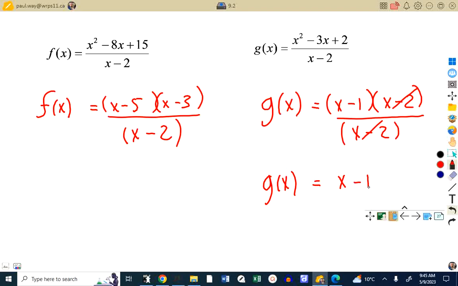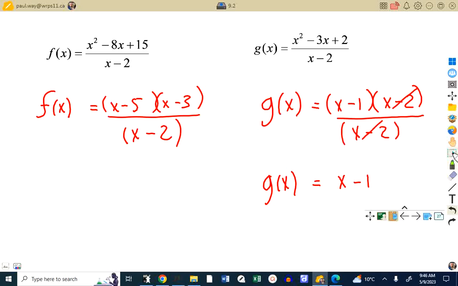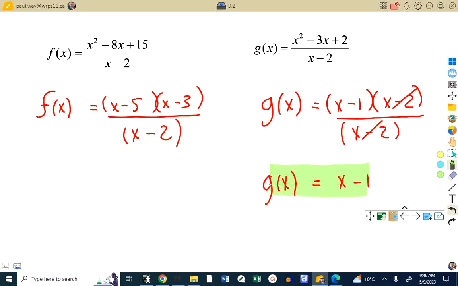I have a question for you, and it's a tricky question, but it's an important question. Is it true to say that that's what g of x is? No. Why not? It's sort of simplified to give that, but there's a hole that's missing. If you put 2 in for x, it would have given you 0 over 0. Right. So I'm not allowed to put 2 into the original function, which means if I graphed this function,